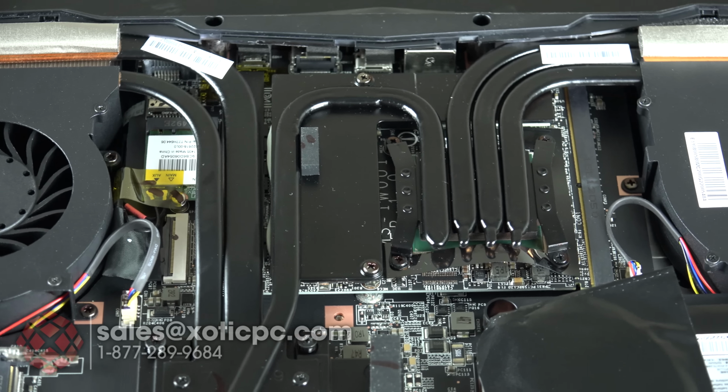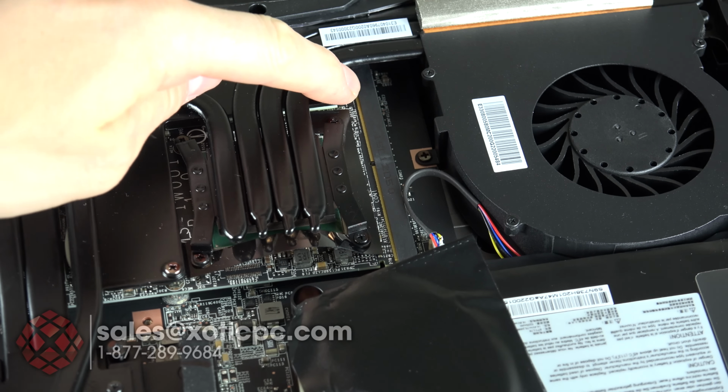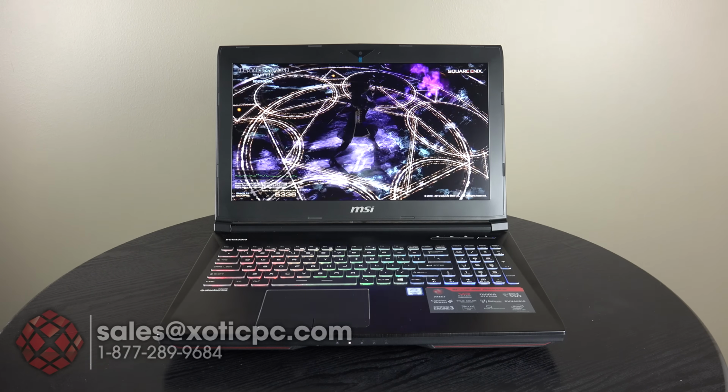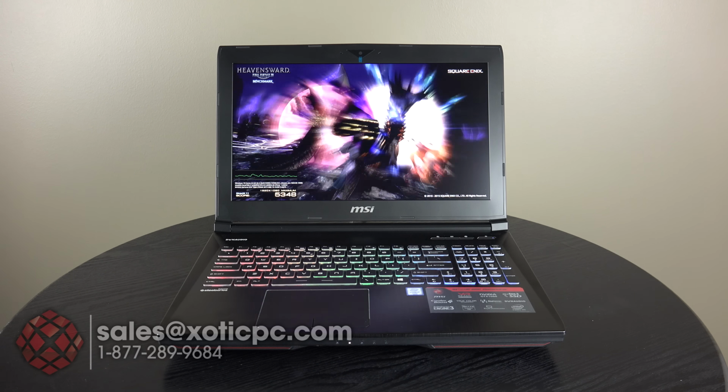And taking a closer look at this GPU, you can see that it is removable. However, I cannot tell you what kind of upgrades MSI will have in the future for it that will fit this heat pipe layout. If you'd like to find out more about this laptop and some of the upgrades we do to it, as most of the parts can be upgraded and it can be customized,